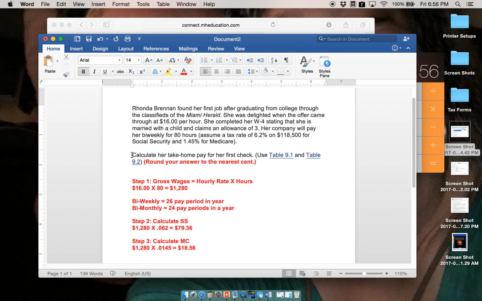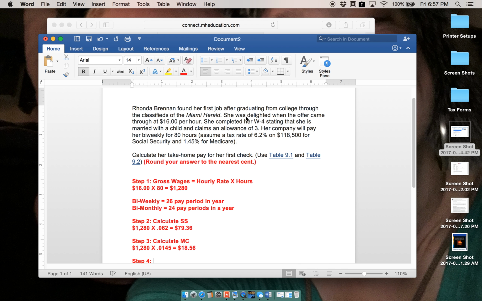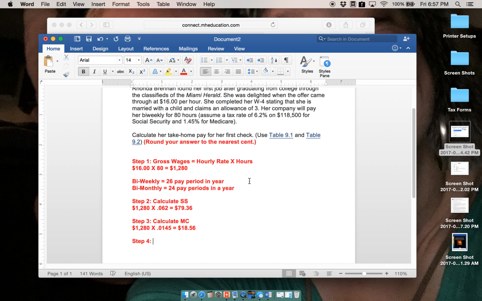Now let's remember it's asking us to calculate her take-home pay, so that's her net pay after these taxes and her federal withholding are subtracted. Normally there would also be state withholding that we'd have to calculate, but we're not worried about that for our purposes here, okay? All right, so let me take a quick look at our tables, which one I want to use. Okay, so the first thing that we need to do is we need to figure out